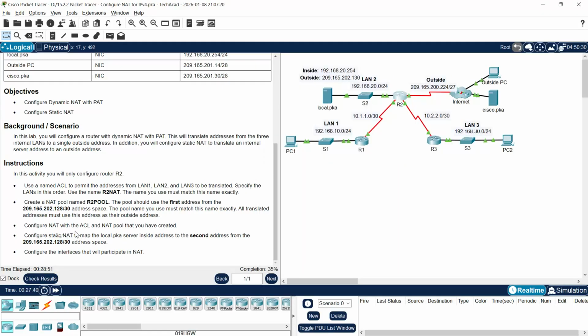Configure NAT with the ACL and NAT pool that you have created. Yes, we are going to configure dynamic NAT with PAT. So we must remember the command overload when we configure this IP NAT. So we'll go to R2